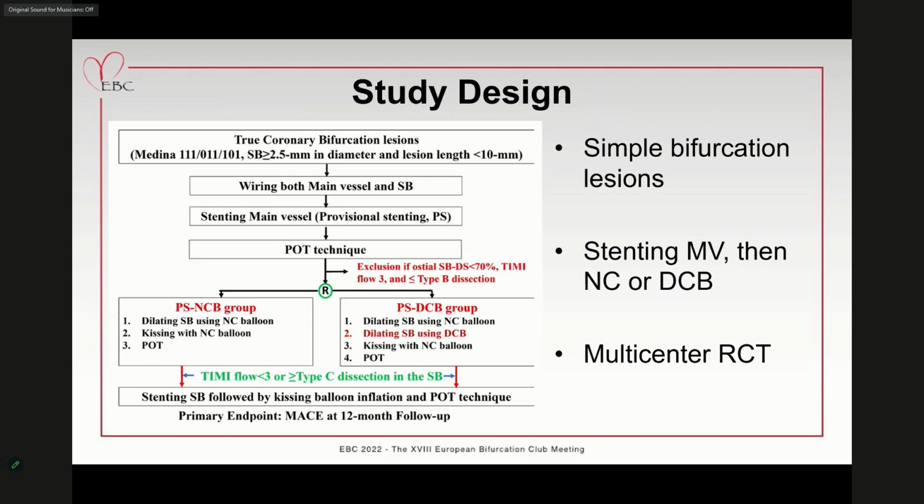At the beginning, the patient should have a true coronary bifurcation defined by Medina 111, 011, or 101. The side branch diameter should be a minimum of 2.5 millimeters, and the lesion length must be shorter than 10 millimeters by visual estimation. Following the provisional stenting technique, we need to wire the main vessel and side branch. After stenting the main vessel, after POT, if the ostial side branch stenosis is greater than 70%, the patient will be randomized to